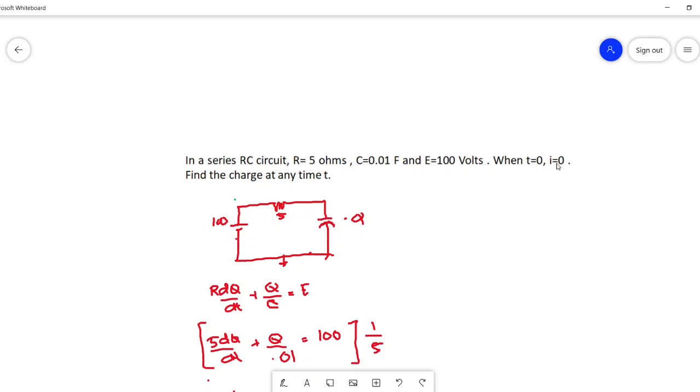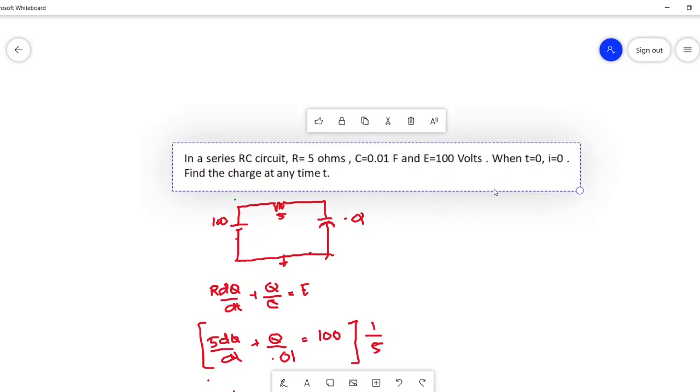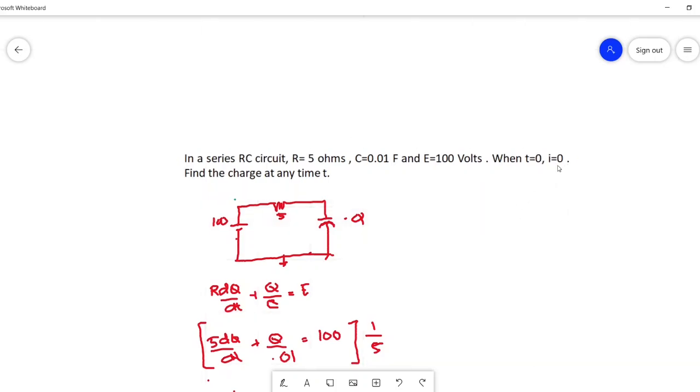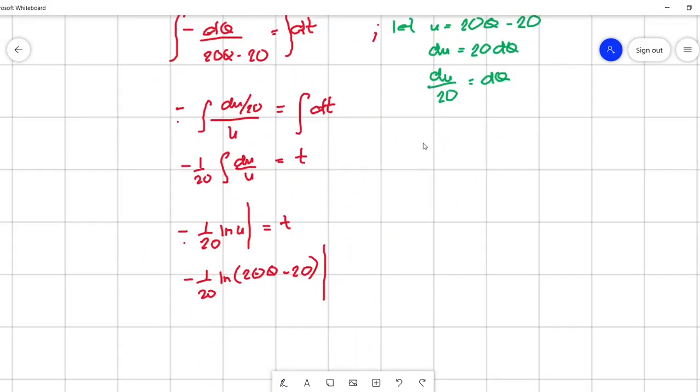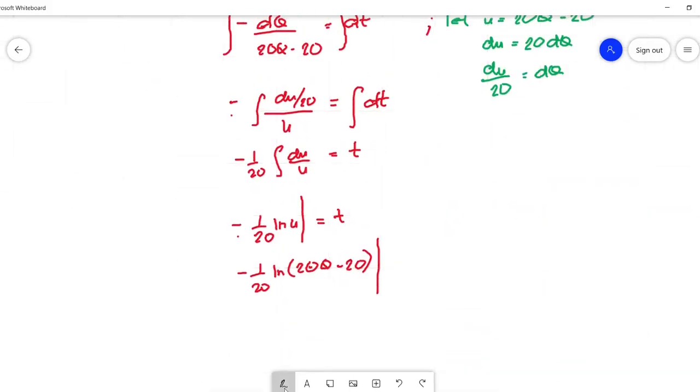Then consequently, since I is equal to dq over dt, then q automatically is 0. So the initial value of our q is equal to 0. So it is safe for us to say that at t equal to 0, we have a charge of 0, then at any time we have q. So substituting that,